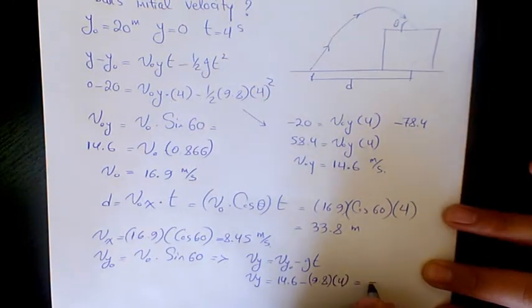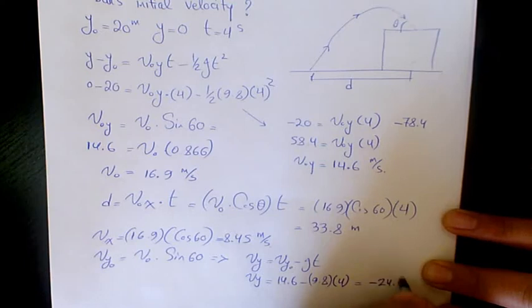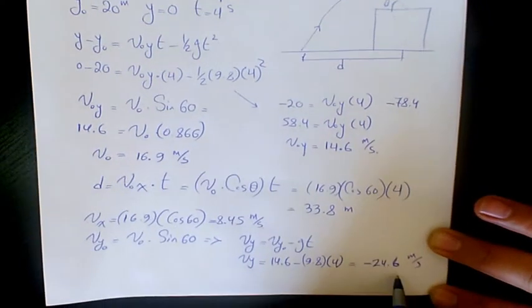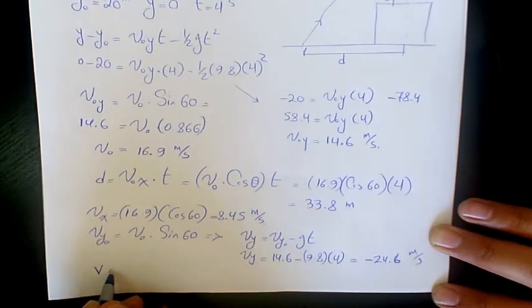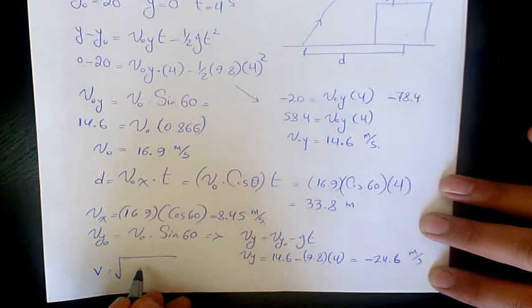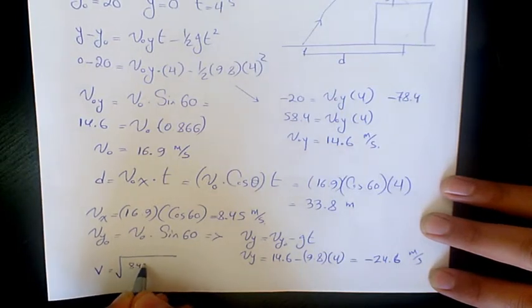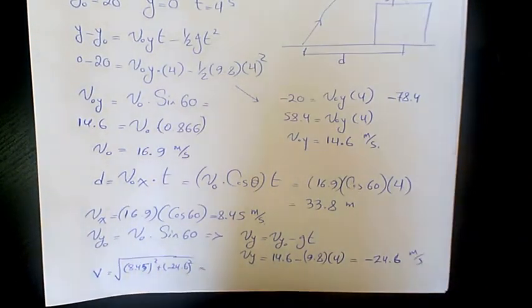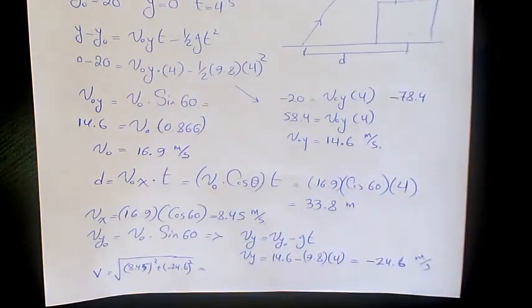That will be negative 24.6 meters per second. So that's the final velocity in y direction. So total velocity is going to be the square root of Vx squared plus Vy squared. So that will be 8.45 squared plus negative 24.6 squared. And when you find the square root of it, that will give you